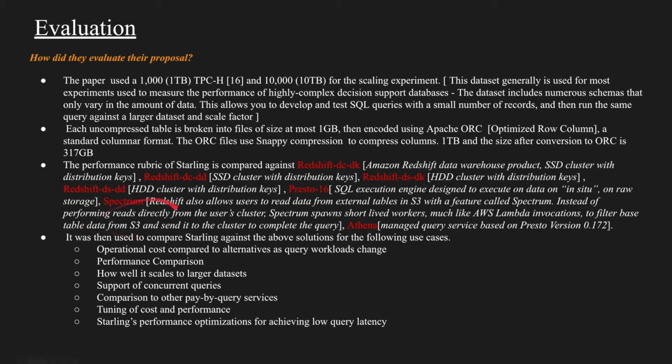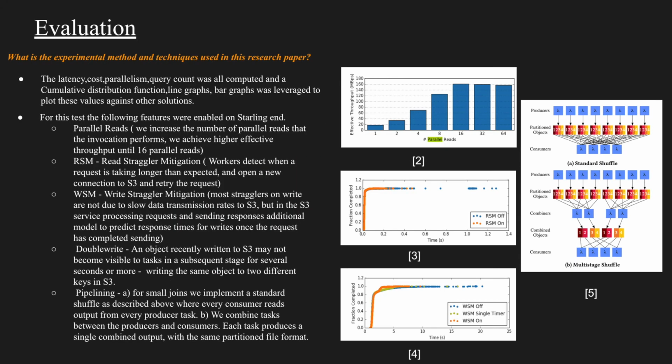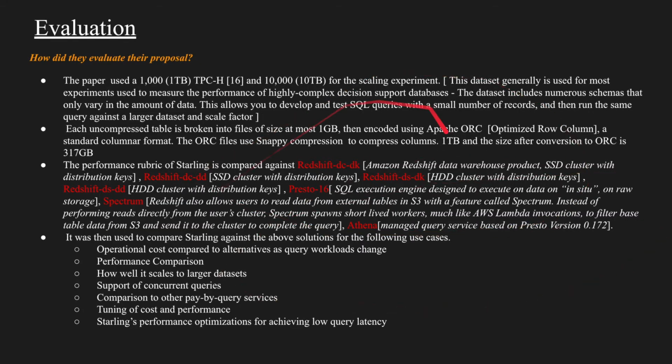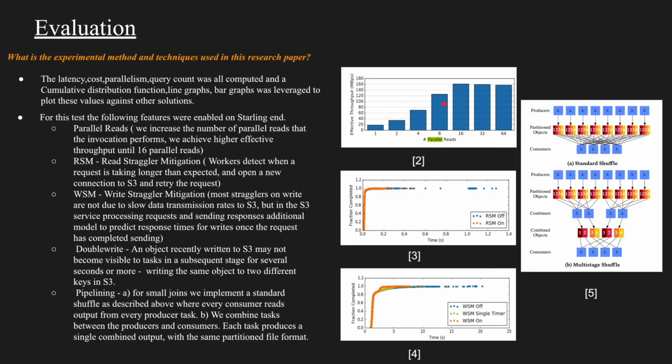They compare it against these six different platforms, and each one has its own pros and cons. They're compared on operational cost, performance cost, how well it scales, and how it handles concurrent queries. We'll see all of these things. Before we go further, we need to see what optimizations were made to match these six platforms. In the paper, they improved the parallel reading